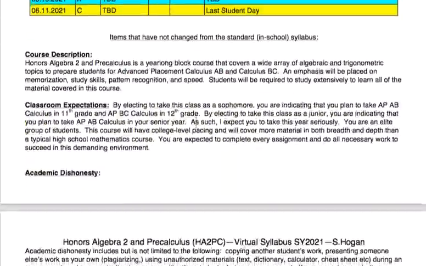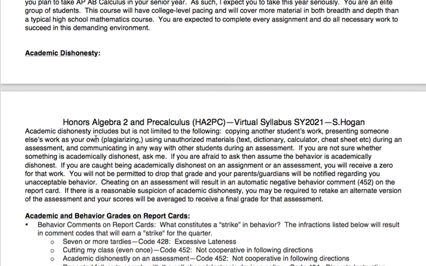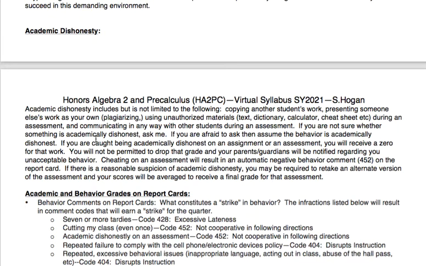Okay, so academic dishonesty, which should have been on the next page, but it's all right. So academic dishonesty in the age of the pandemic is a little weird. Obviously, you know that you're not supposed to copy somebody else's work and submit someone else's homework as your own, and that you shouldn't talk to other people during a test. So here's the thing.